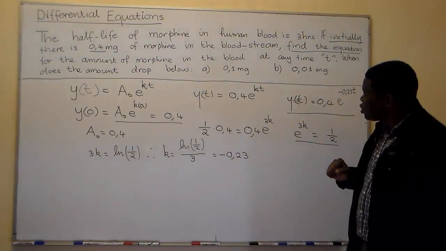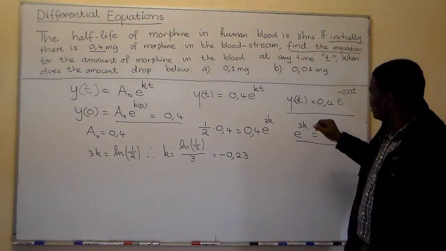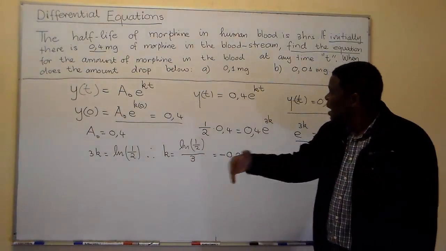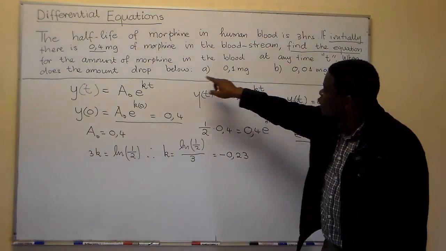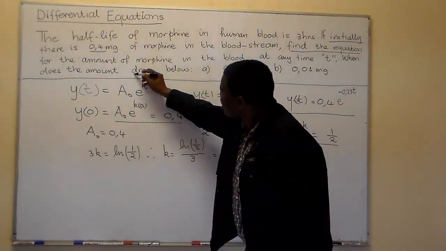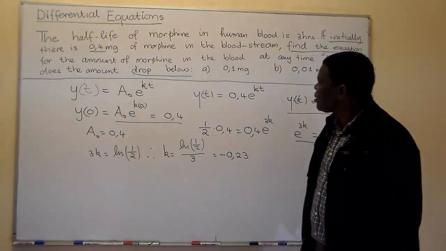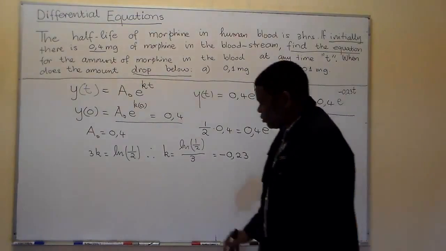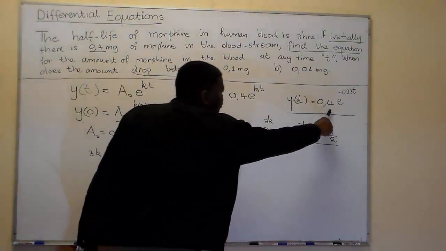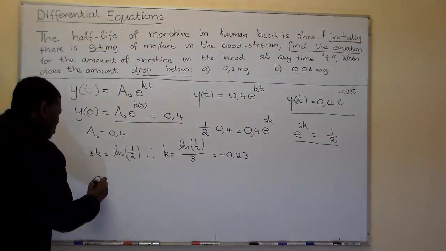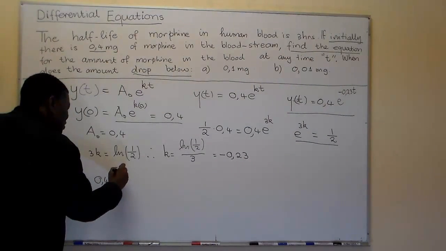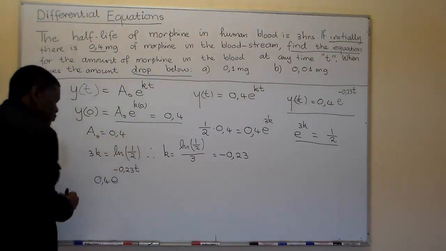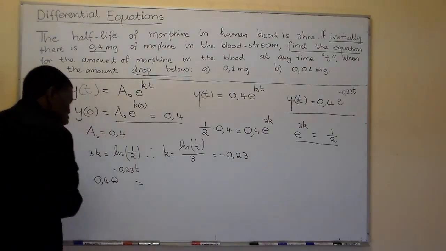But at this moment, we need to know at what time the drug is going to be 0.1, so that we can answer that after that time it will be below, because at what time does it fall below 0.1 milligrams. So what we need to do now is check the expression 0.4 e to the power minus 0.23 t equals